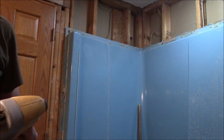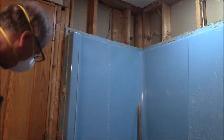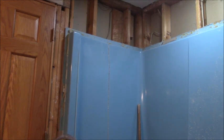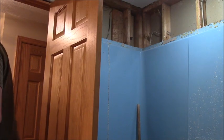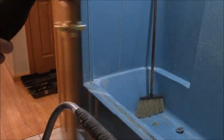Probably this fiberglass is very abrasive too. There's wood framing in here, that's what it is. Trying to get out the big gun. Alright, got the big blade out here now. Trying to get, I think this corner member has a